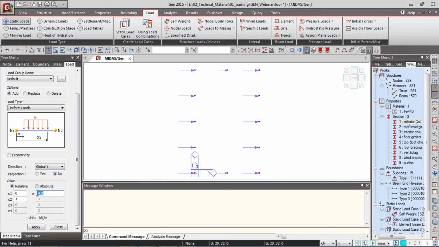and the outer ones will be having 5.5 kilonewton per meter. For Y direction, these are the outer columns. So apply,